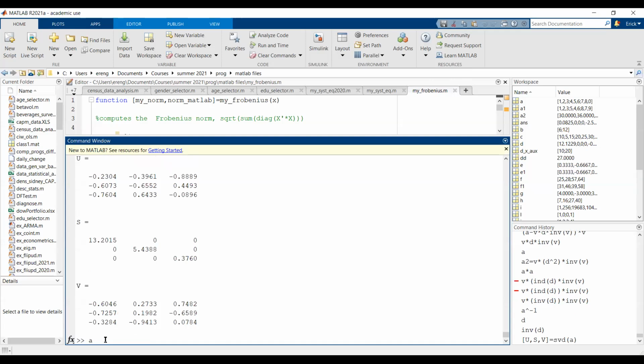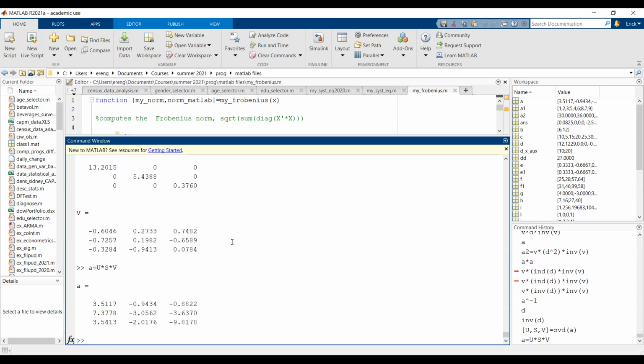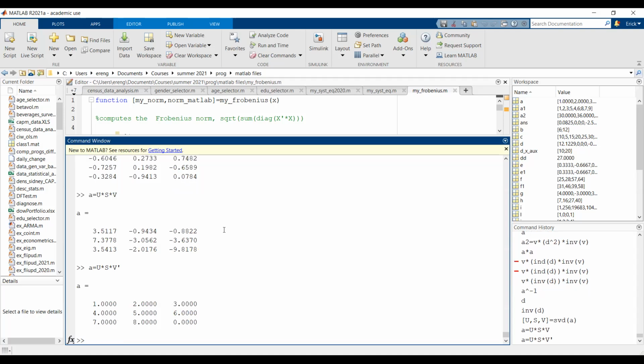What is interesting, guys, is that A is simply equal to U times S times V. Take a look. So you can recover the matrix as before. Oh, sorry, no, this is not correct. U S V prime. Yes, otherwise you don't have the transformation. Okay, and with this one here, guys, I think that we basically have what we need from linear algebra applied into Matlab, and then you can use what you have learned in this class